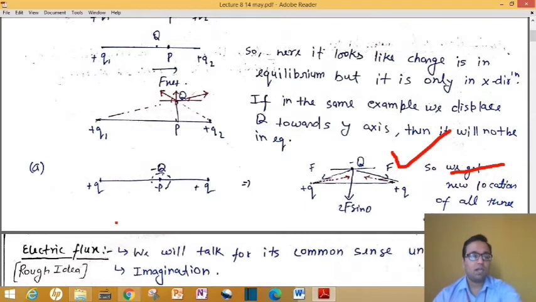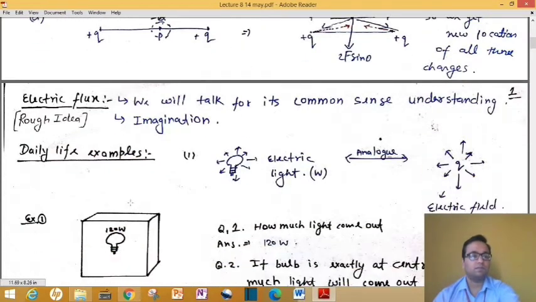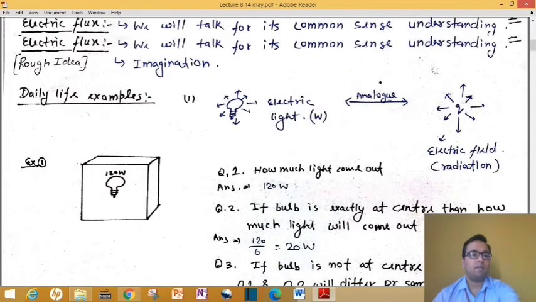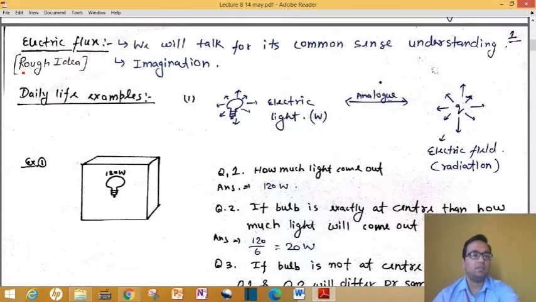So now we will start our next topic, that is electric flux. Before starting electric flux, I will give you some rough idea, as you can see I have mentioned here. One more thing: you can note these things down if you want, but these are for understanding purposes only. These are not mentioned in the book. I have given these concepts and examples myself. But those topics which I have mentioned as important or which are in your syllabus, you can note down in your rough notebook.